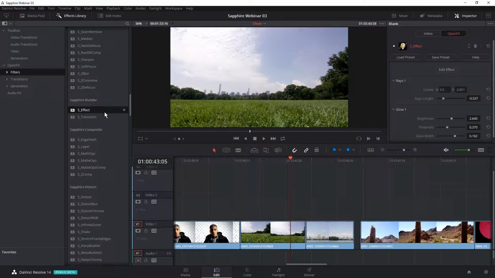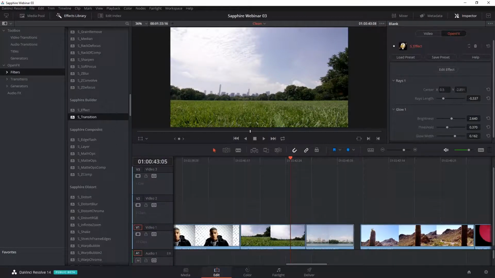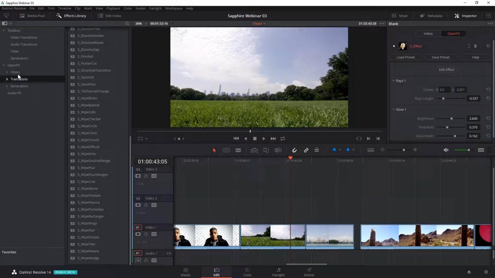Now we've got quite a lot of stuff that I still need to go through, but I can already see that we're not going to have time for it all. So what I'm going to do is have a look now at the builder transition, and then if we've got time, we'll come back and have a look at some of the other stuff. So back in the edit room,